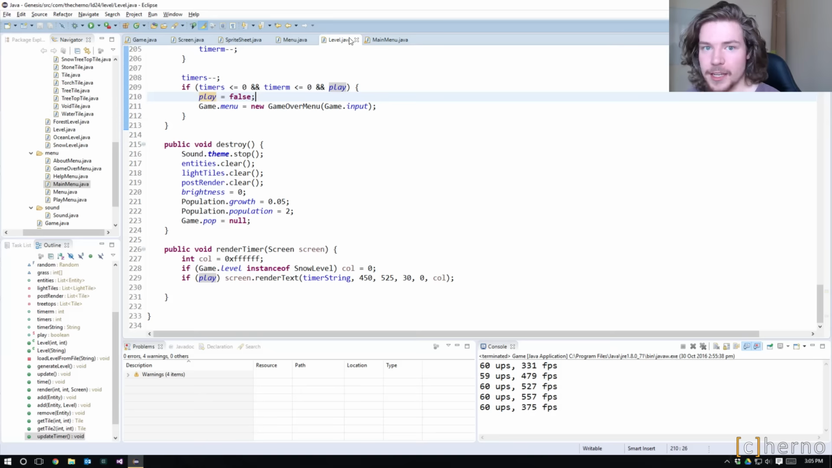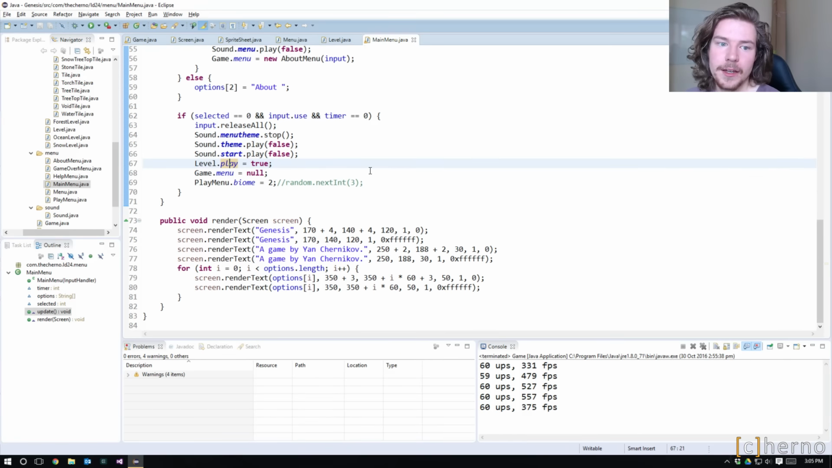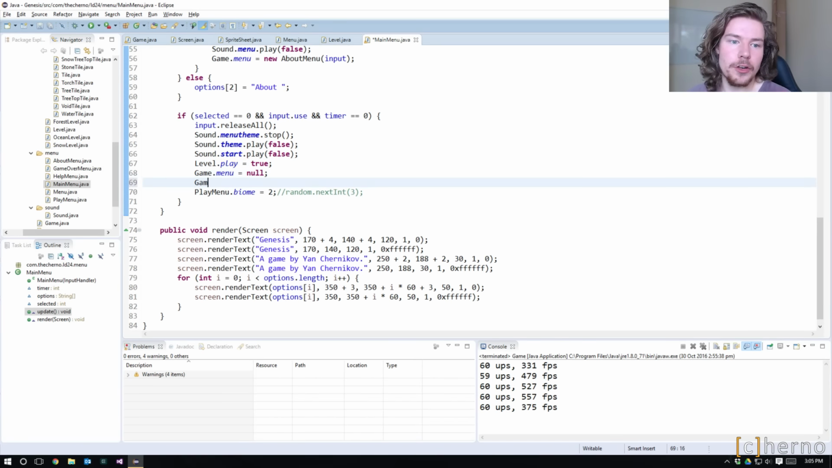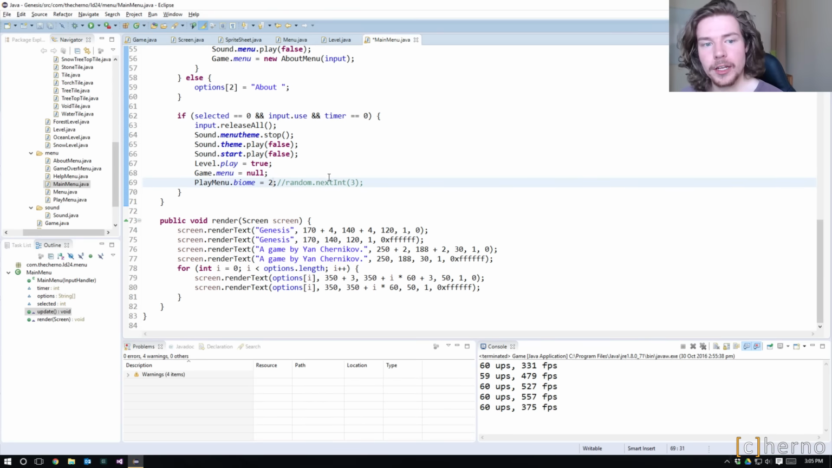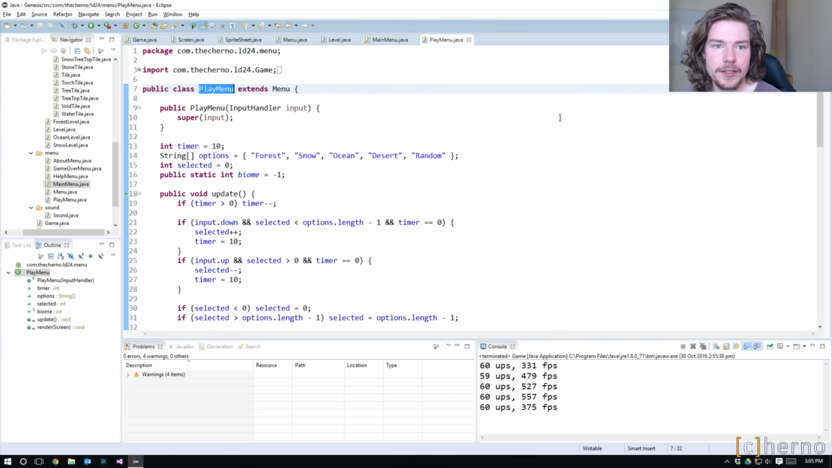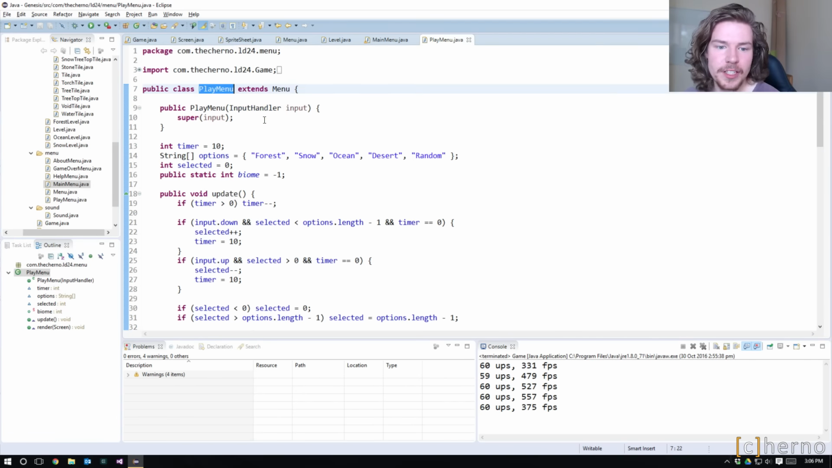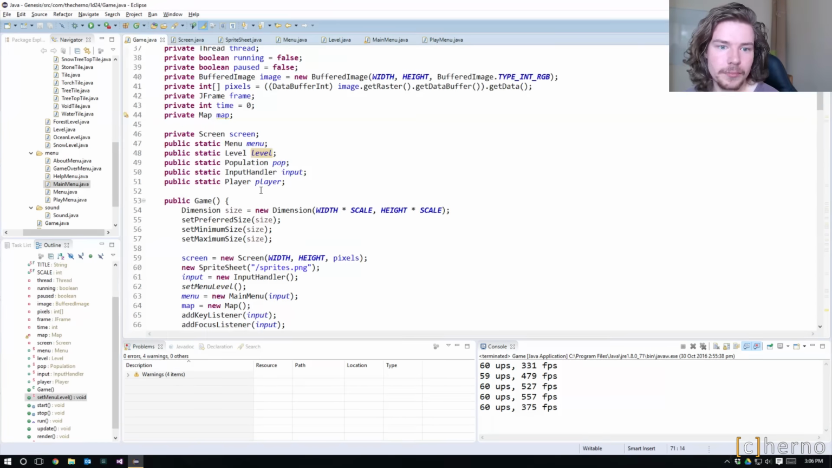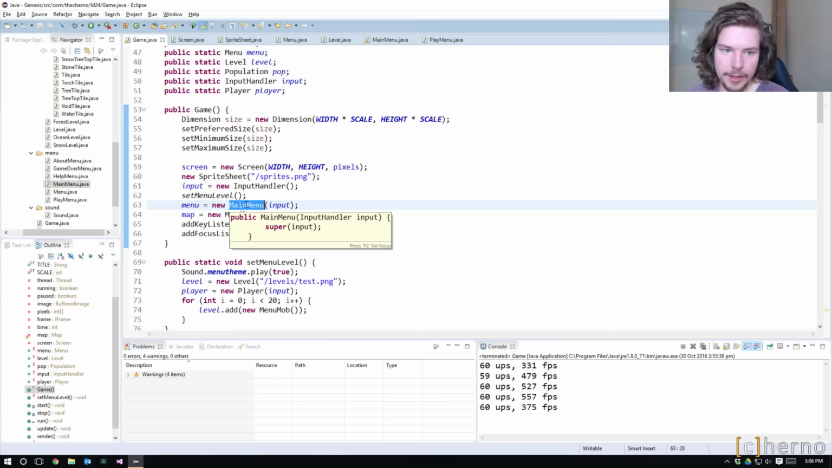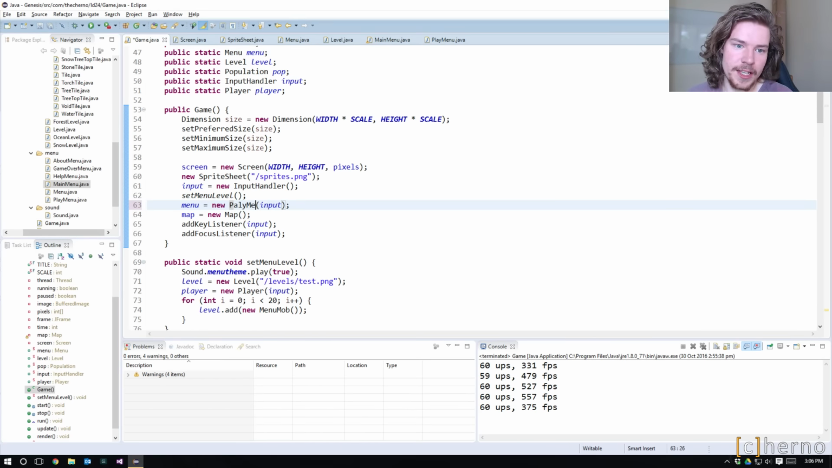Well, if you notice here, this is sneaky, because you would expect something like game.setLevel 2 for biome 2. No, what it does is it sets the play menu, which was a temporary menu. Let's see if we can bring that up. We should be able to, because that's actually a bit of an Easter egg, because it's not actually contained in